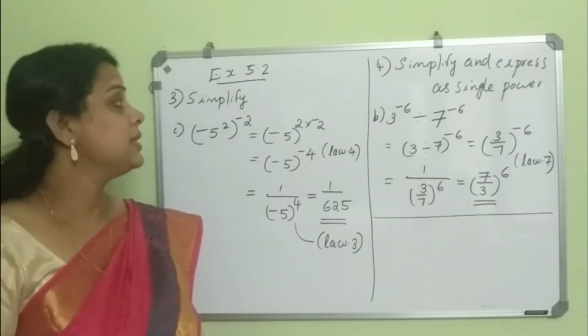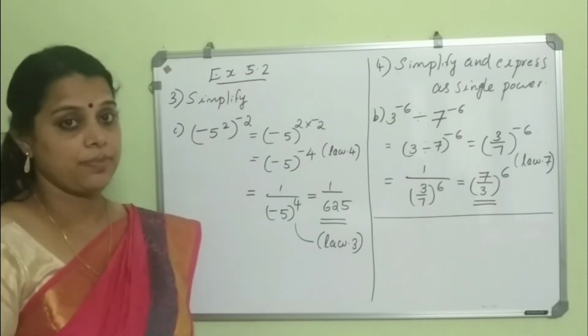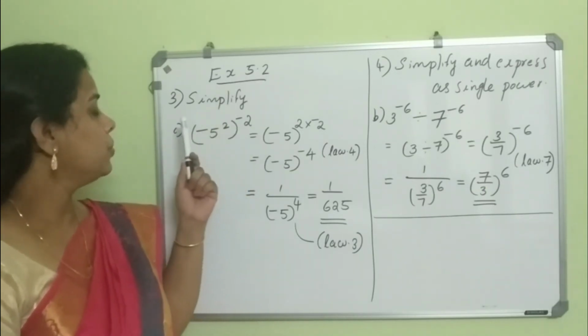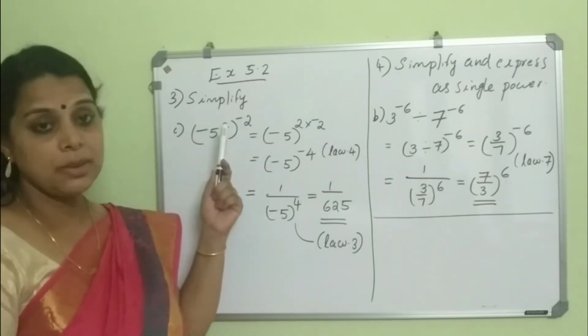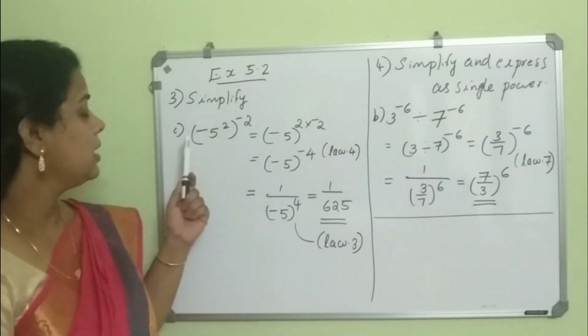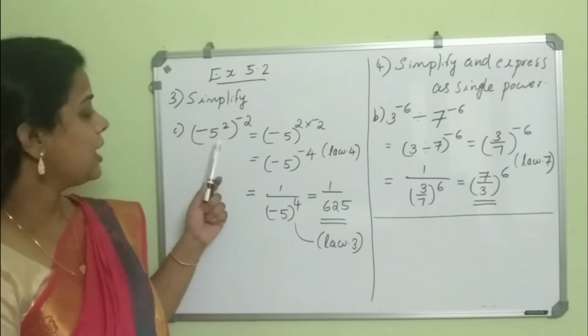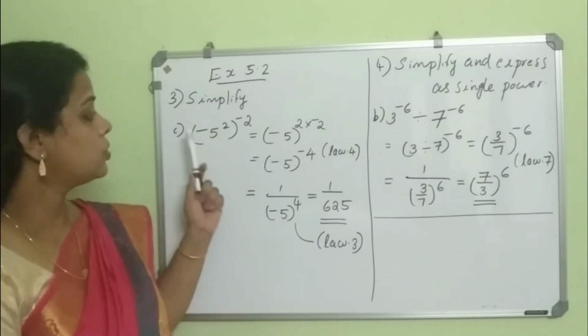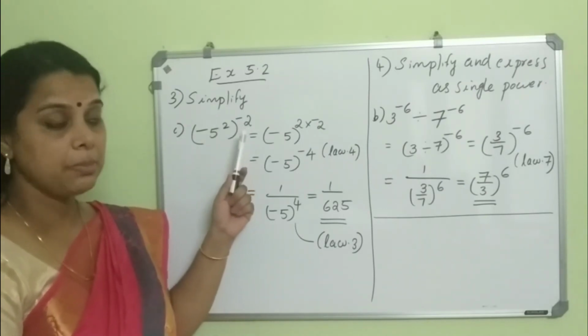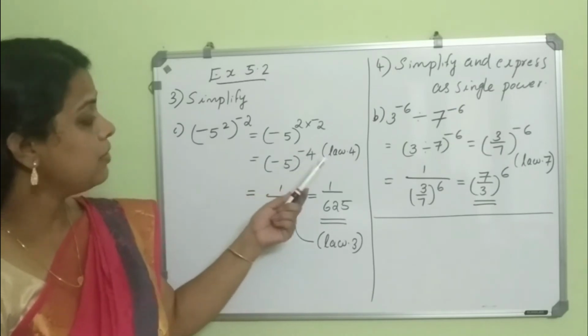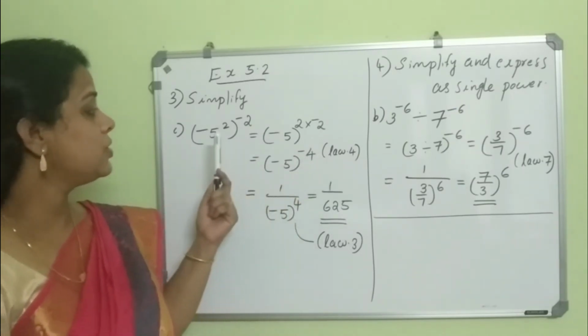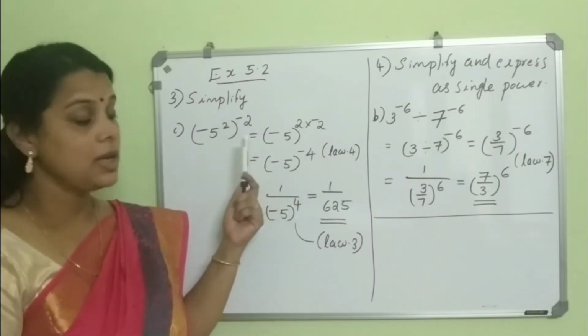Now we will discuss some exercise. Exercise 5.2, third main, simplify. In that, see, minus 5 square raised to minus 2. How to simplify it? We have law 4, that is x raised to a raised to b is equal to